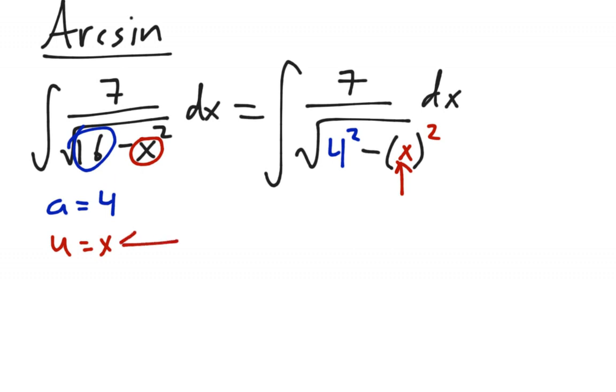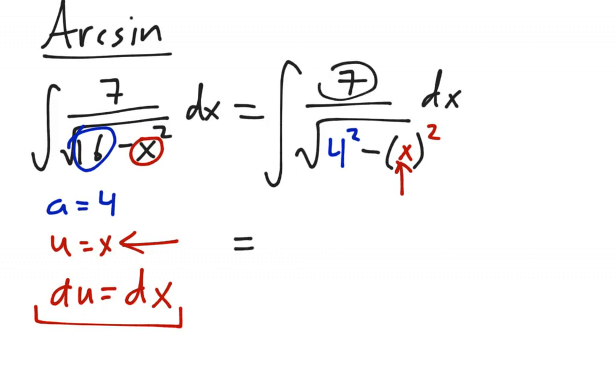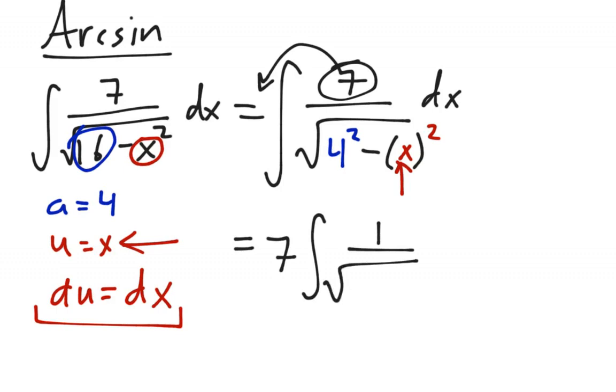Oh hey, we are actually doing a u substitution here, so we need to find the du and counterbalance if necessary. In this case, du is dx, so we can just do the straight substitution. We'll get, the 7 is a constant, so I'm just going to pull it out, semi-permeable membrane style. So we get 7 integral of 1 over square root of 4 squared minus u squared du, and then this matches the arcsine form, and so I can just jump straight to the answer, which is